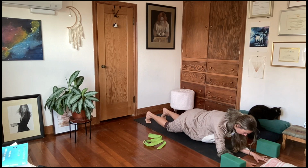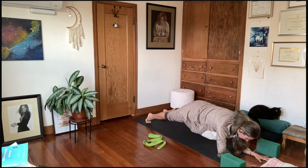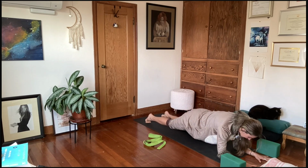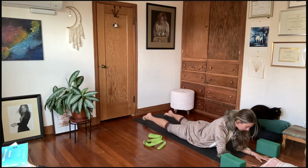And so you're in a supported forearm plank here. Supported forearm plank, feel free to stay there or lift the knees up and come to forearm plank itself with the knees lifted. Take a big full breath wherever you are, in through the nose. If the knees lifted, exhale, lower the knees back down, come all the way back to the pelvis, return to